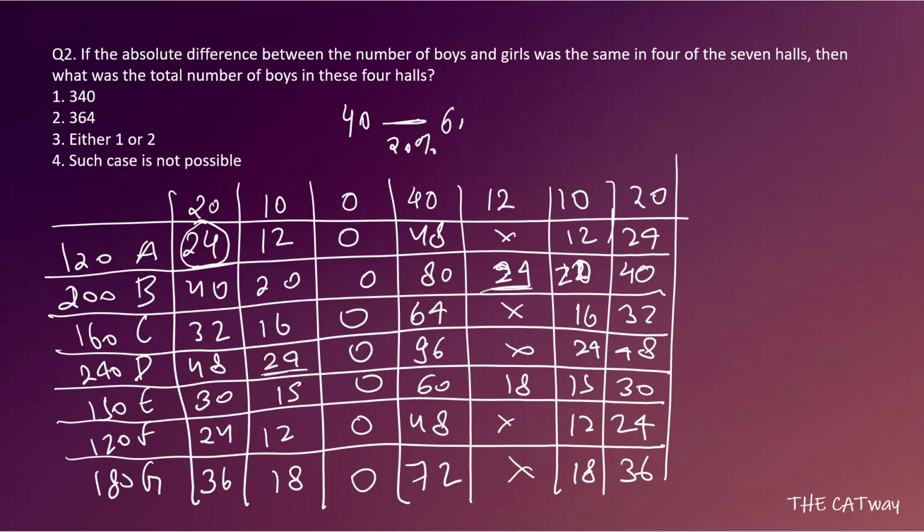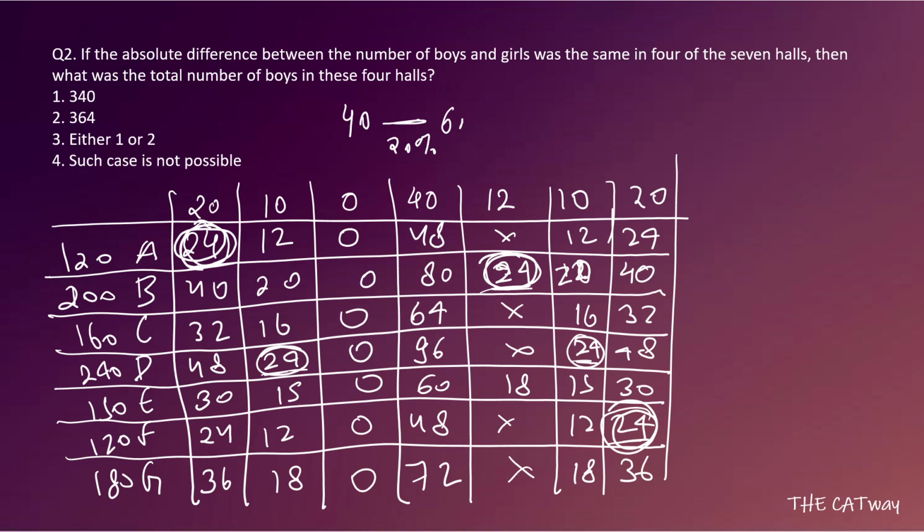Okay, and there's one more 24 in D. Then we do not have 24 in E, we have a 24 in F. So we have 124 here, we have 124 here, and here we have 2 times 24. Okay, so we can take any of the columns and calculate the number of boys in it.